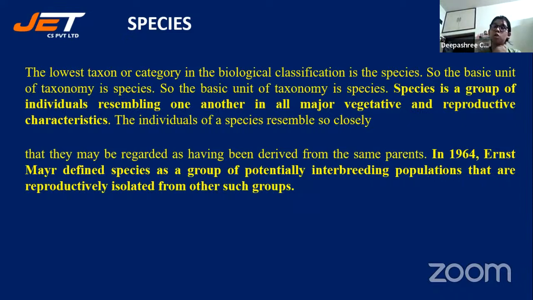So when two organisms reproduce among themselves to produce a fertile offspring, then only is that a good species. That is when it is said that those two are of the same species. Now you can say that the mule is an exception to this definition, because the mule is produced from two organisms of the same species, but the mule is not good for reproduction. A mule can't reproduce. So that is the exception to the species.